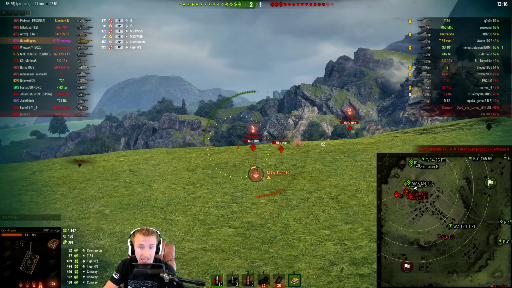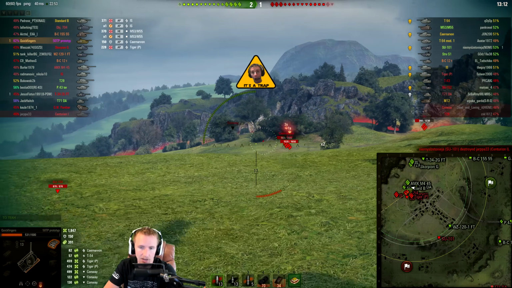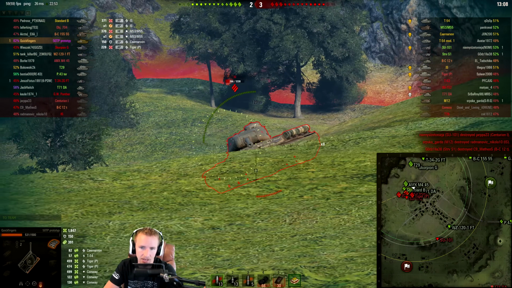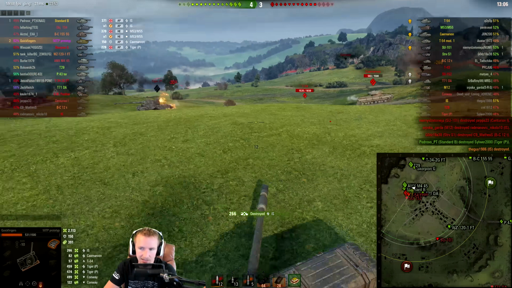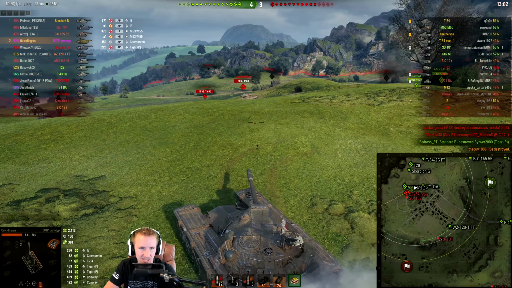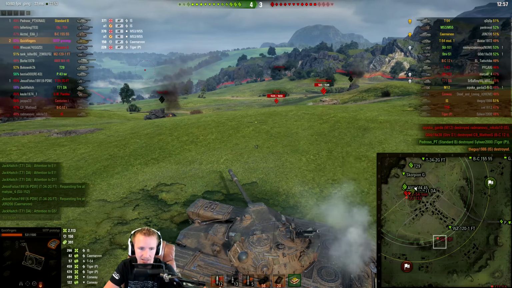Now, one thing I would like to mention about this vehicle from my experiences with it is that it actually takes quite a lot of damage from high explosive rounds. It's quite a compact tank, and it's all about angled armor on this vehicle. When you get hit by HEs, some of the weaker plates on top, you seem to take a lot. And losing those 370 hit points, that Tier 9 self-propelled gun, I think is going to be fairly